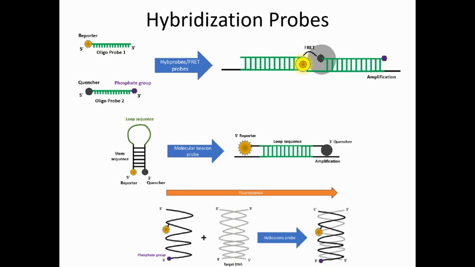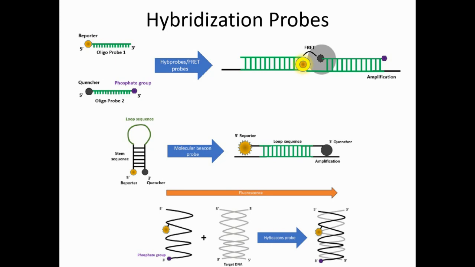It allows the amplified fragment to be analyzed by performing a melting curve, and this is the main advantage over the hydrolysis probe. The amount of fluorescent signal detected is directly proportional to the amount of target amplified